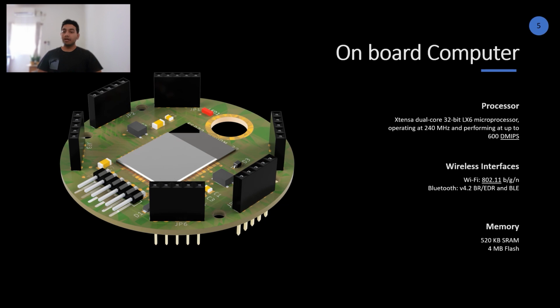Now, the microcontroller that we've chosen has wireless interfaces because it is actually meant for IoT. It has Wi-Fi and Bluetooth, which is useful when your CAN-SAT is not plugged into your PC, when you don't have wires or any connections. As long as your CAN-SAT is connected to a common Wi-Fi hotspot where your laptop is also connected, you can program it over the air, over the Wi-Fi. You don't need any physical connections to the CAN-SAT to be able to program it.